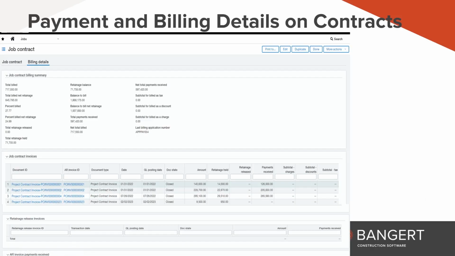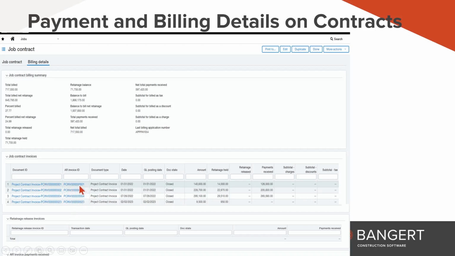Okay, the next release highlight is they are putting payment and billing details on the contract screen. So in your job contracts, if you pull up a specific contract and go to the billing details tab, they are now listing out your job contract invoices that you've already generated against this contract. And then the blue links are drillable.